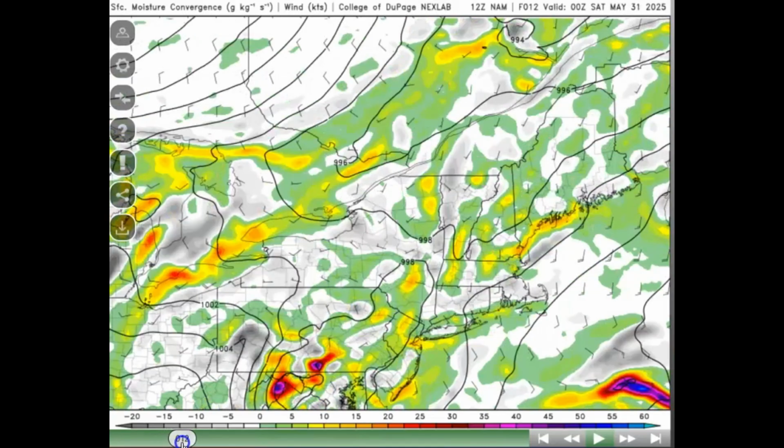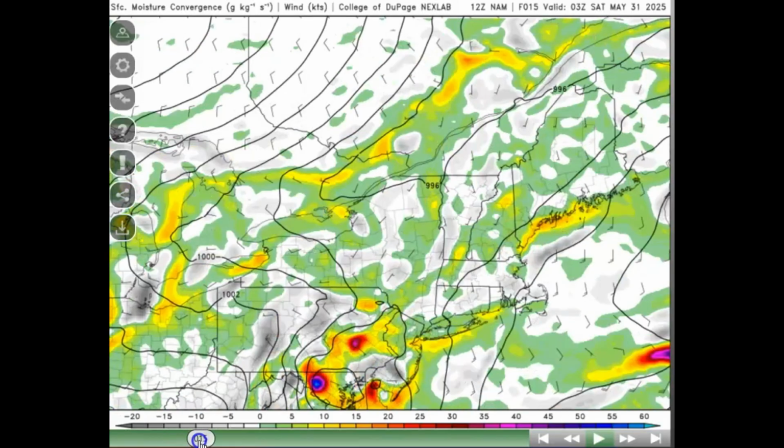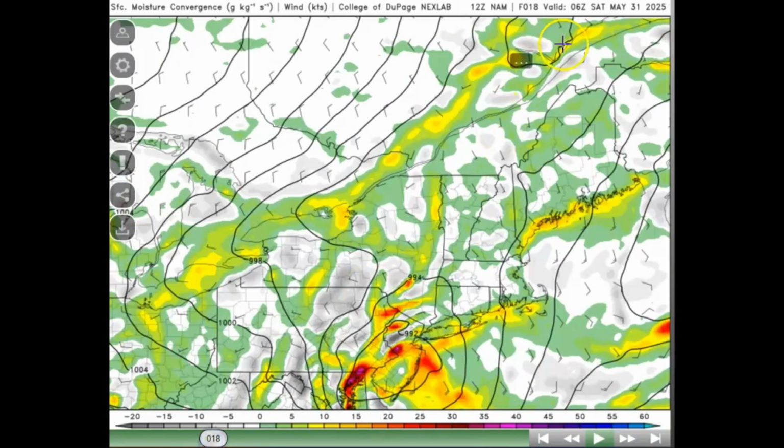As we go further in time, this is going into the evening of today, May 30th, around 8 p.m., and now this is 11 p.m. and going into pre-dawn. As we go into pre-dawn, you start seeing these brighter colors emerging along and ahead of that cold front as it starts to drift farther south. So in and around the island of Montreal and eastern Ontario and going northeast towards Trois-Rivières, you're seeing that maximized lift or convergence in this case. This will keep the thunderstorm risk alive going into the late evening and into early overnight. So early pre-dawn of May 31st.